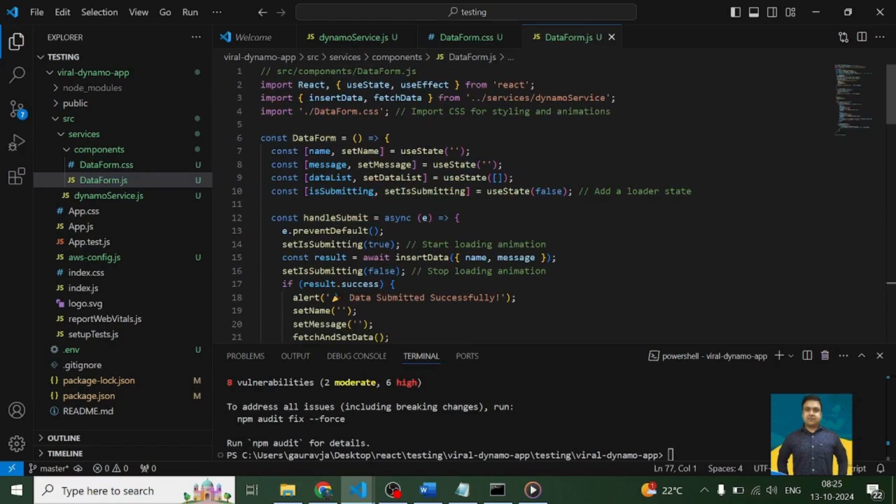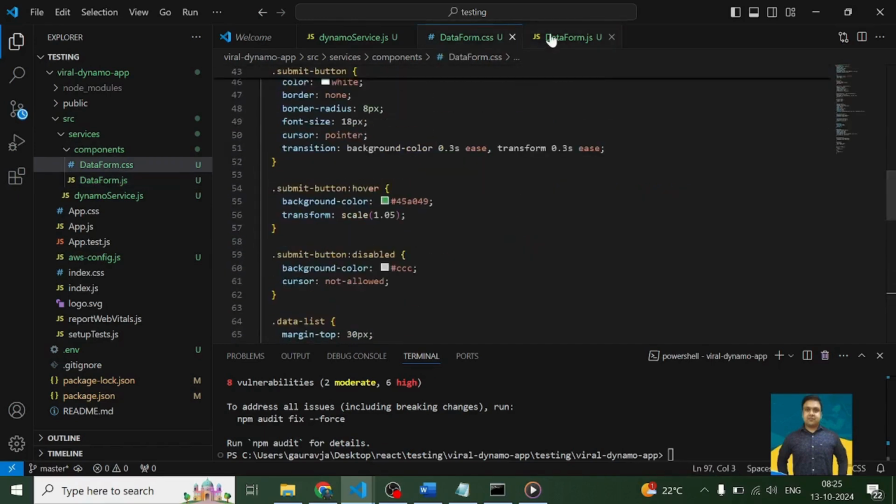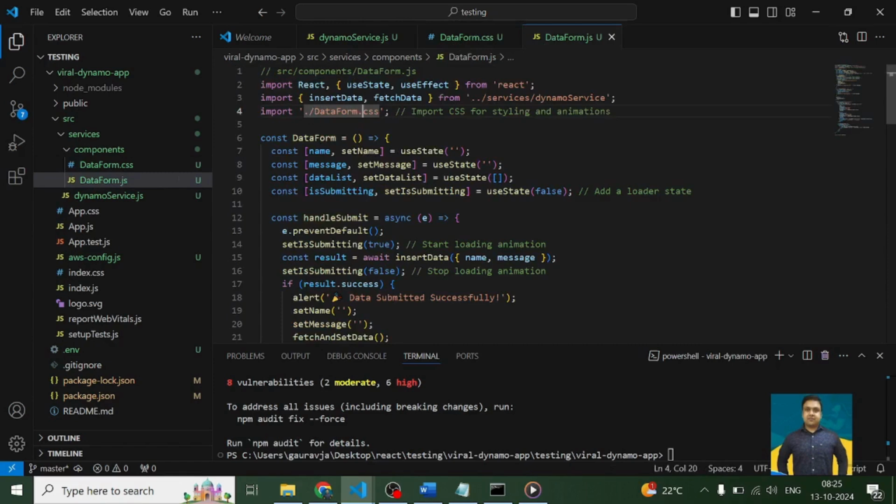Okay, so here we are importing the React useState and useEffect hooks from React. Then we are importing the insert data and fetch data functions we have created in the Dynamo service file. We are importing this dataform.css, which we are going to use for making the form visually appealing. There are 4 different types of